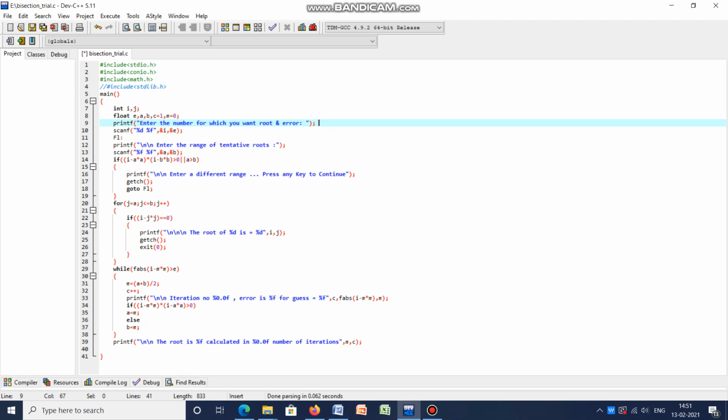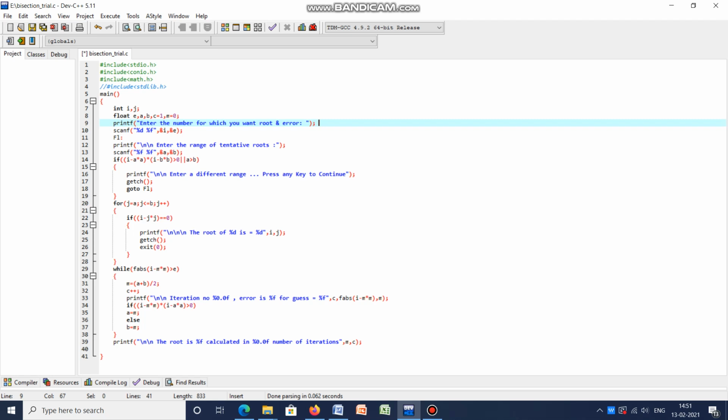So in that way I am trying to know from the user for what number he is trying to get the root and what is his desired limit of error. Then accordingly I have taken the input from the user. This is the integer number taken for finding the root, and the error is a floating number. Then I shall ask you to calculate it.